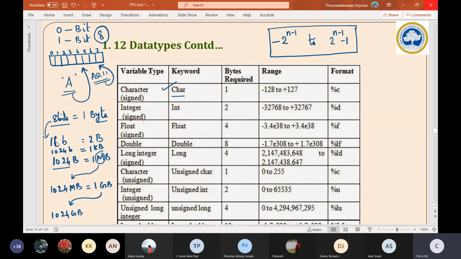I will erase this. 16 bits constitute 2 bytes. Good. Then 1024 bits constitute 1 kilobyte.